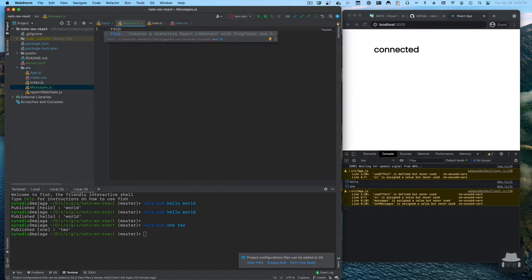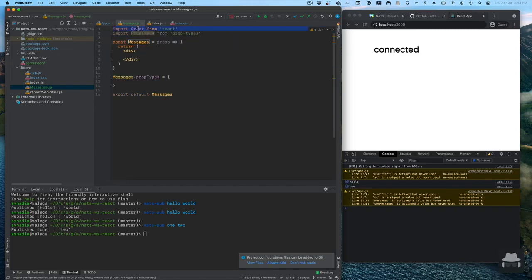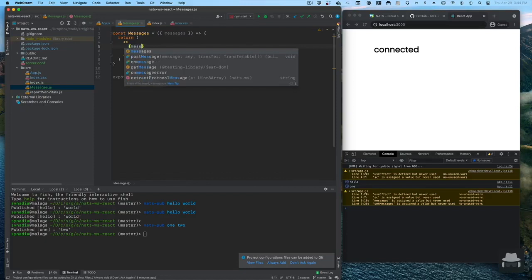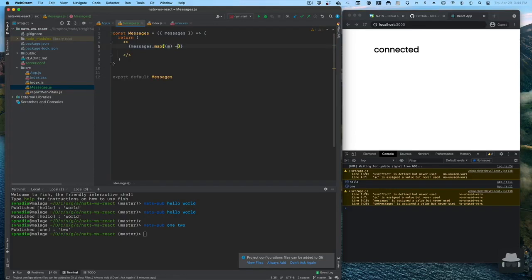And now what we're going to do is create the React component. We don't need that import. We don't need this other import. We don't need the property types. And we don't actually need those tags, so I'm going to blank them. And now what we're going to do is actually iterate over a property called messages. And those actually need to be in parentheses. And now we can basically map through those messages